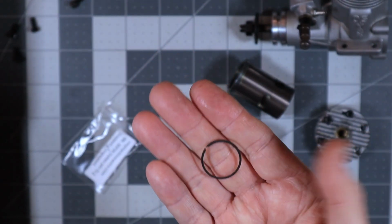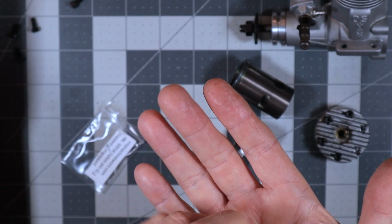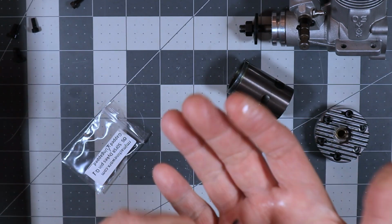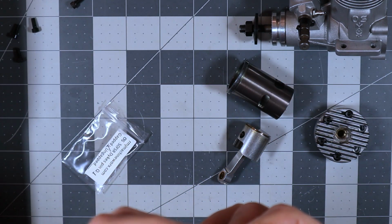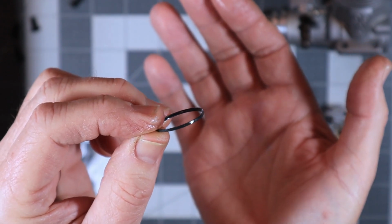Here's our ring. I'm going to just oil this ring up too. Like I said, I'm not real well versed on ring installation. I've done it a couple times on 4-strokes. And I don't think you're going to be able to see it, but because this sits on the top of a piston,